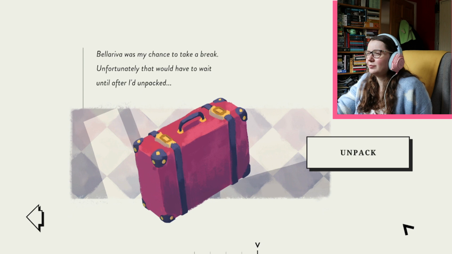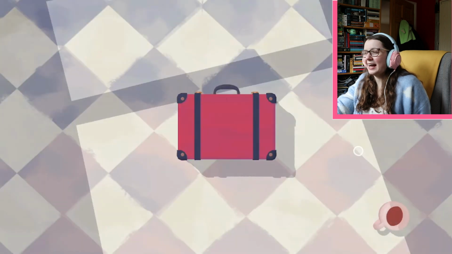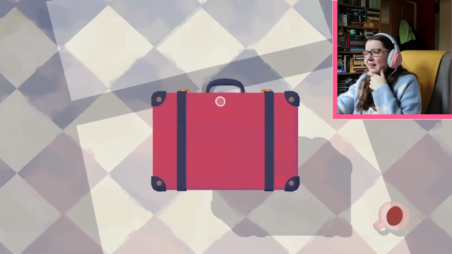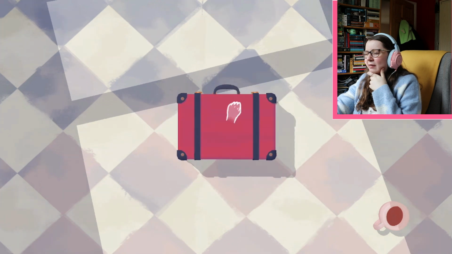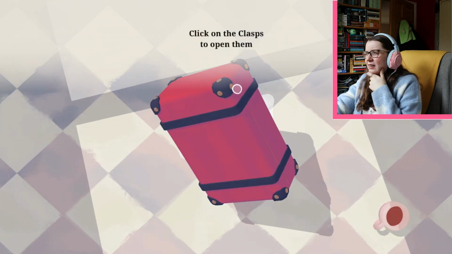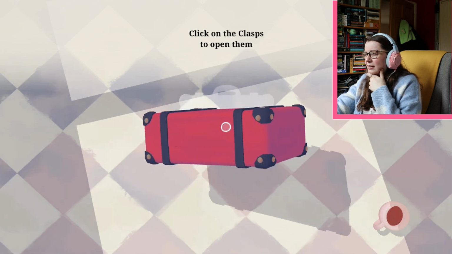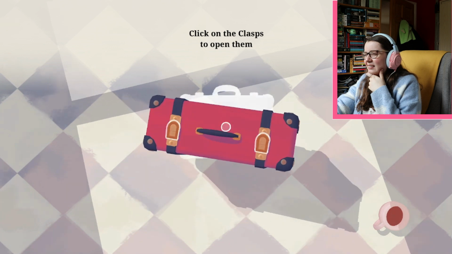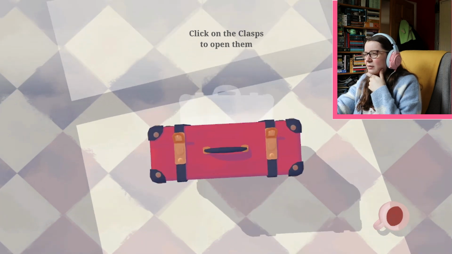"Bellariva was my chance to take a break. Unfortunately, that would have to wait until after I'd unpacked." Of course. Actually, packing and unpacking is my favourite thing about holidays. Can I rotate this? Oh, I can. Click on the clasps to open them. Mate, I need to get back round to the clasps. No, I had them! Stay. 1, 2...